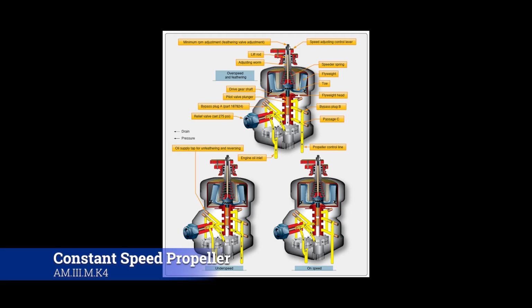Now, the speeder spring above the rack opposes the action of the governor flyweights, which sense propeller speed. If the flyweights turn faster than the tension on the speeder spring, they fly out. This is an overspeed condition. All right. To slow the engine propeller combination down, the blade angle must be increased. Oil is allowed to flow away from the propeller piston, and the flyweights increase the pitch and blade angle, slowing